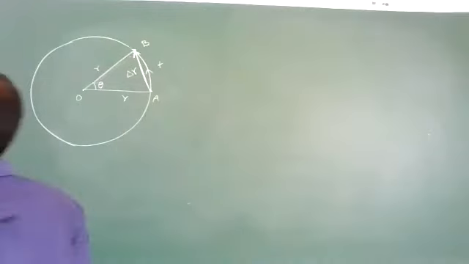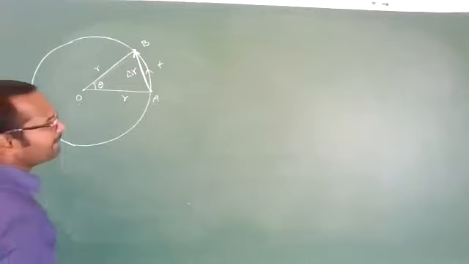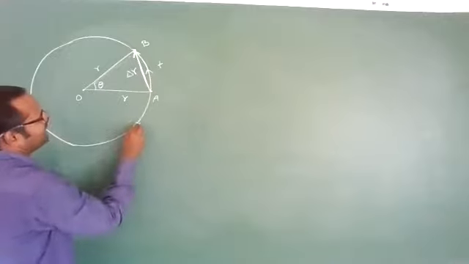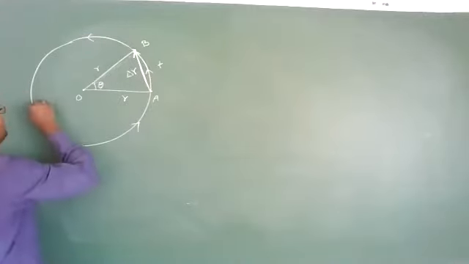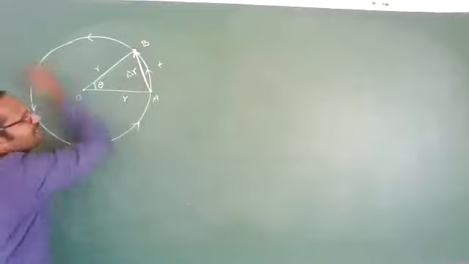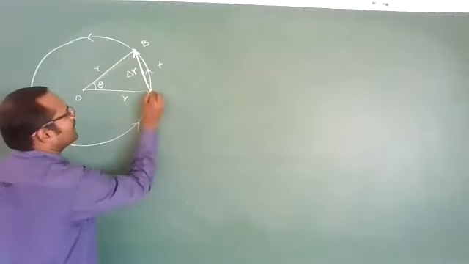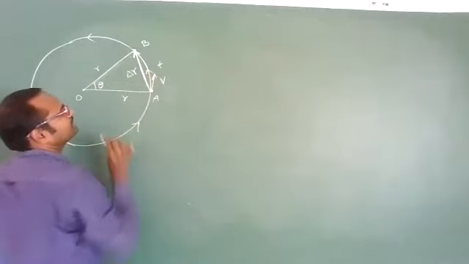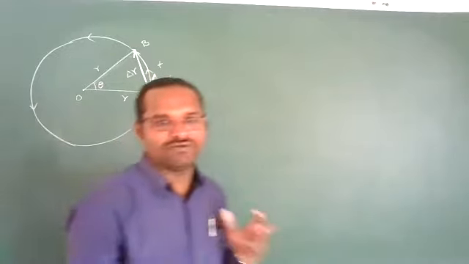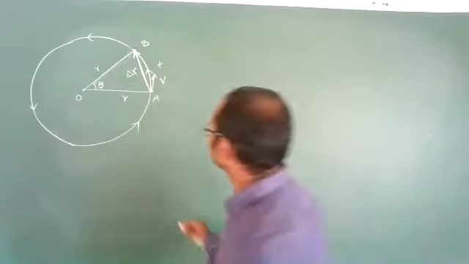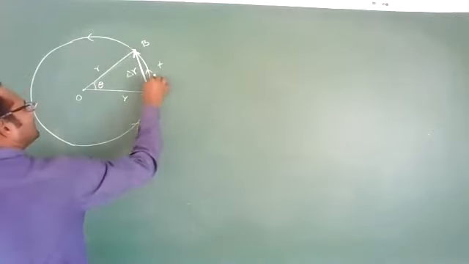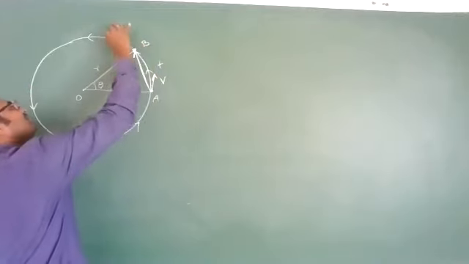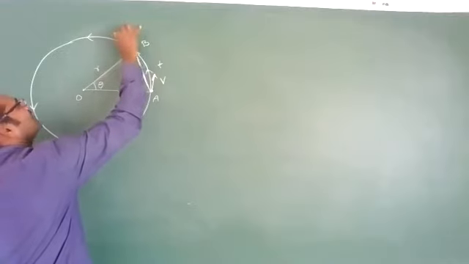Now observe carefully, listen carefully. A very important point will come. At point A, let us imagine the particle is moving in the anti-clockwise direction like this. Now, at point A, what is the direction of its speed? The direction of its speed is like this, v, in this direction. Now, at point B, what is its direction? Its direction will be like this. Let us imagine it as B dash.